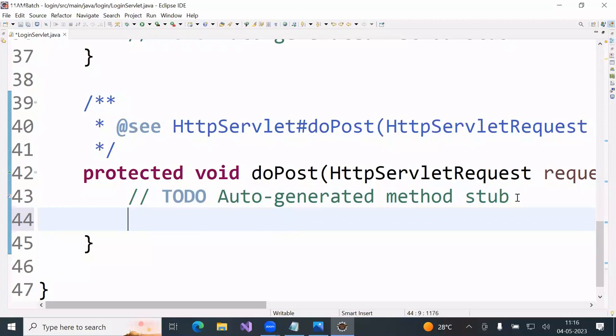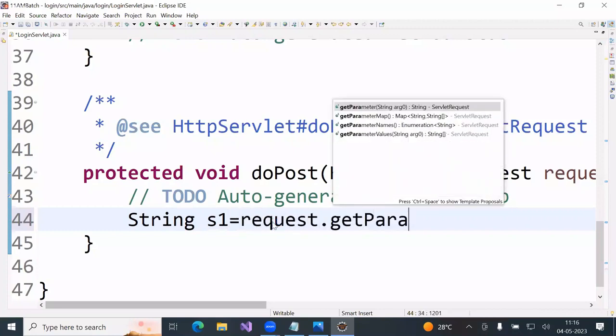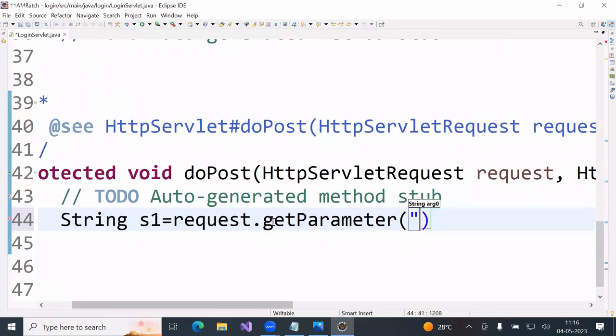The getParameter method is in which interface? ServletRequest. We have the HttpServletRequest reference. With this, can I call it? Yes. What is the return type of that method? String. What have we tried? String s1 equal to request.getParameter, parameter name,